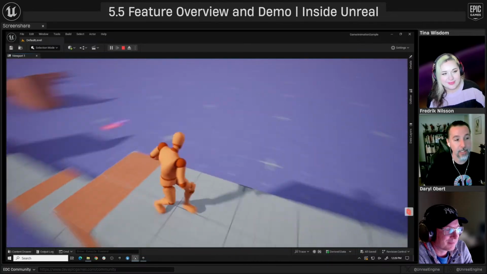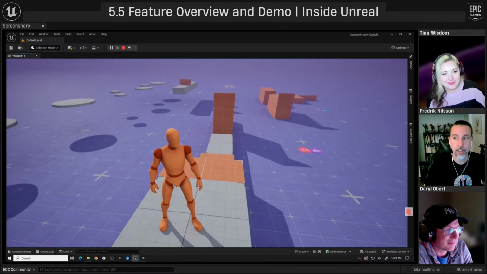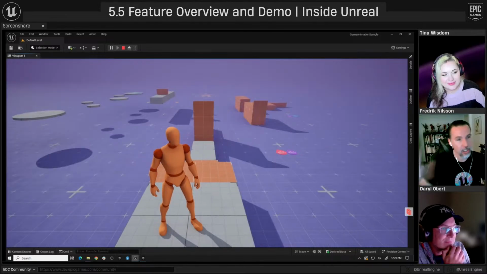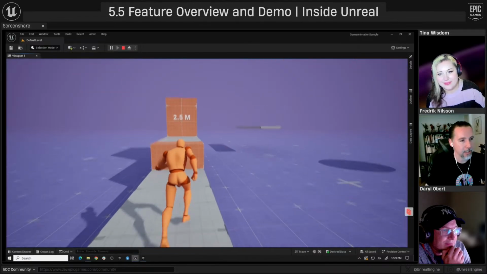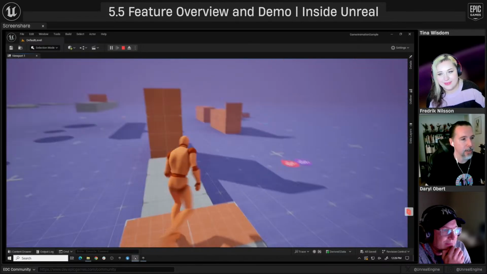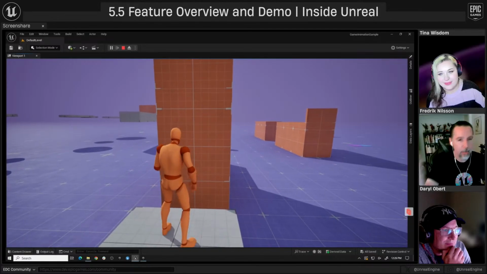And in 5.5, we released even more. Now you can sprint and you can crouch and you can jump to ledges and pull yourself up and do a lot of really cool things. So basically what I want to show here, as long as it plays nice, is I want to see if I can record myself playing this and then pull it into Sequencer and animate on top of it.